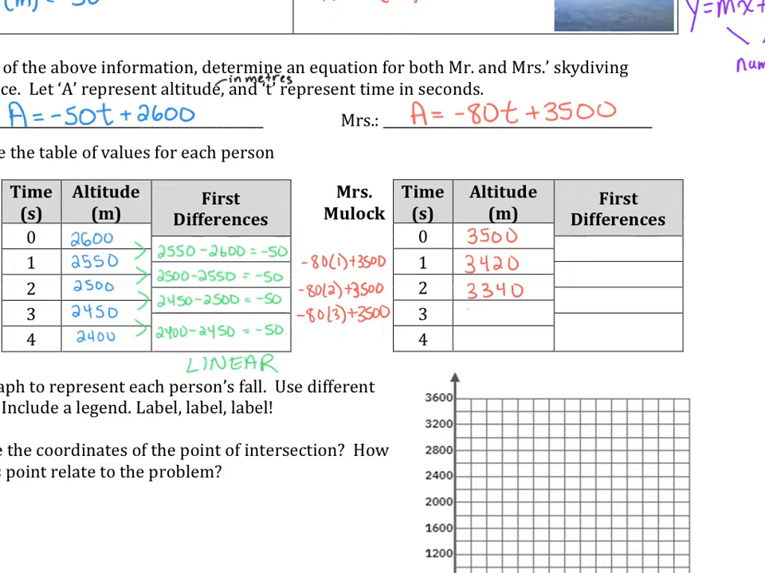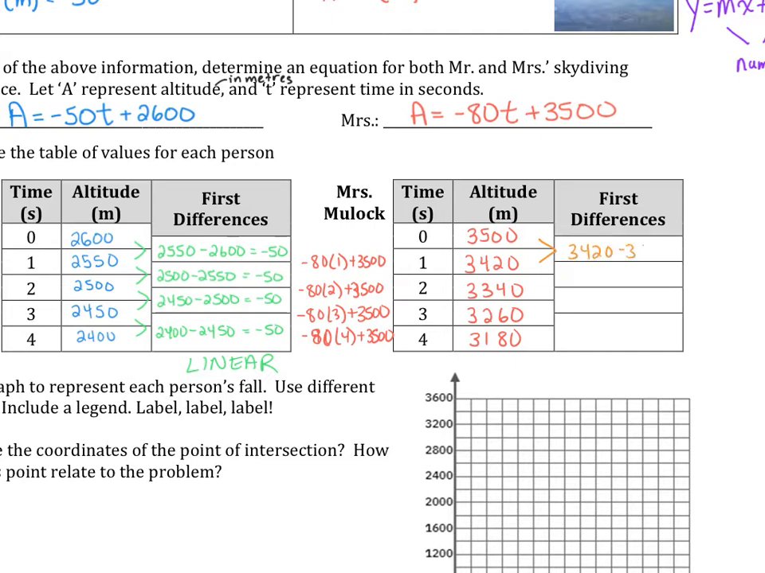So that would be 3,260. And after 4 seconds, that would be 3,180. And to calculate the first differences,